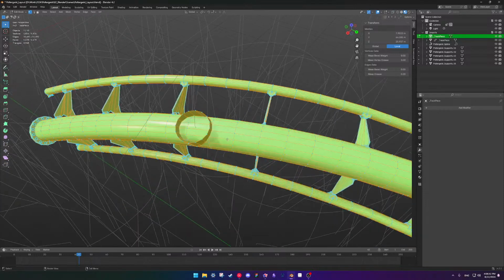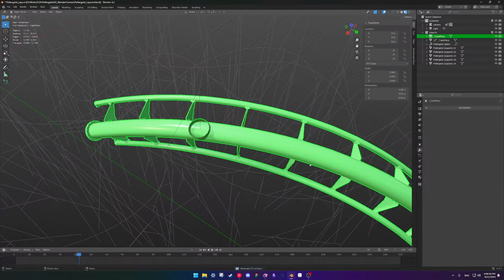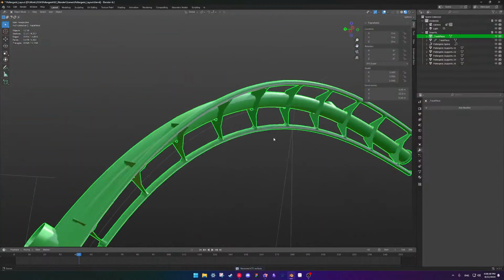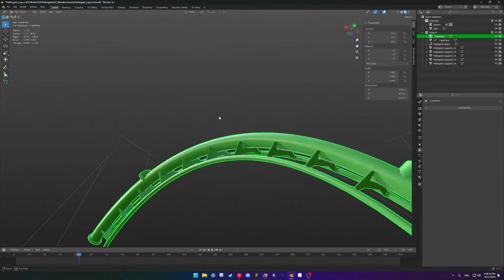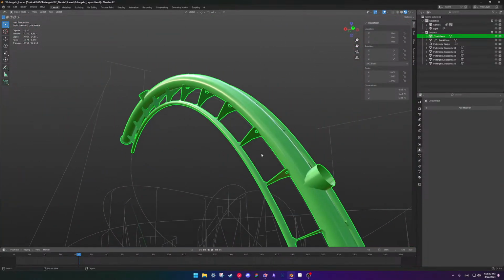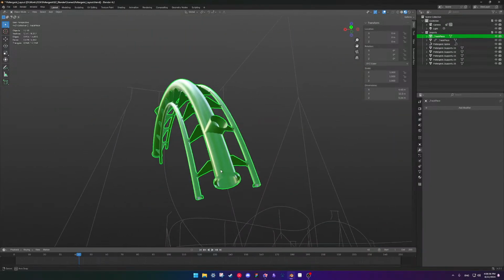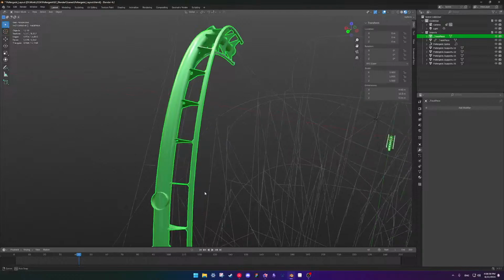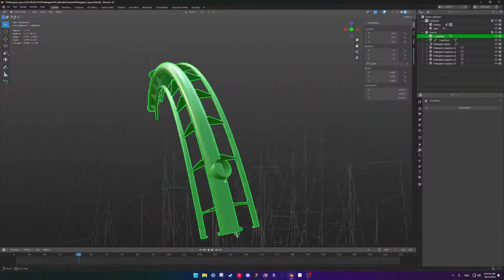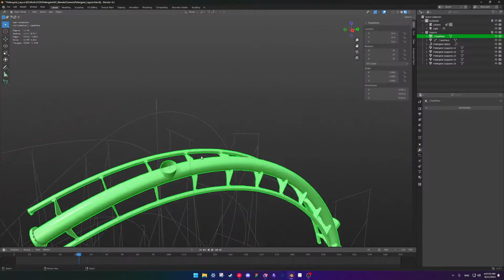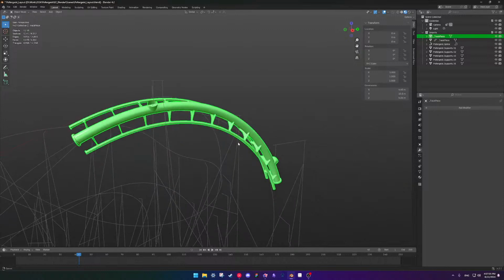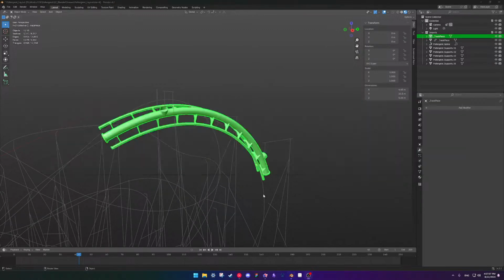So if I did this and then merged by distance, that does make the spine look better. Okay. I need to look at some reference.